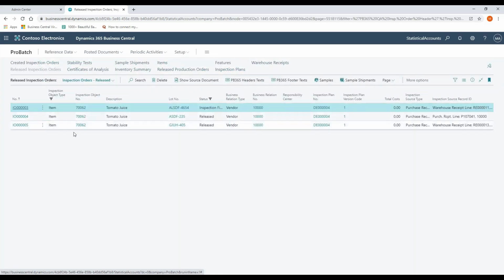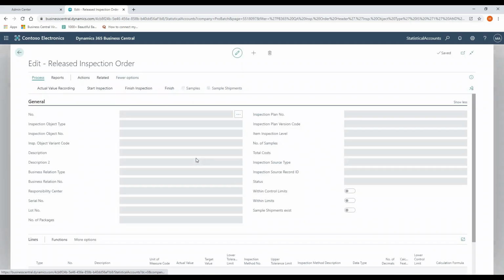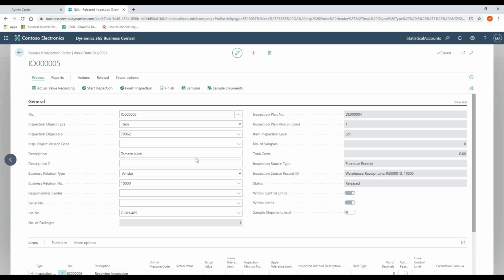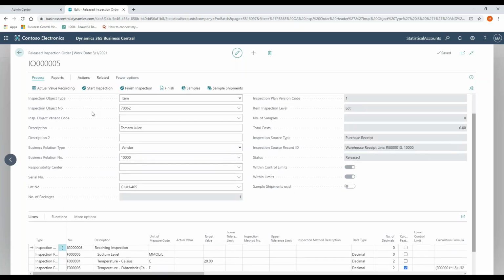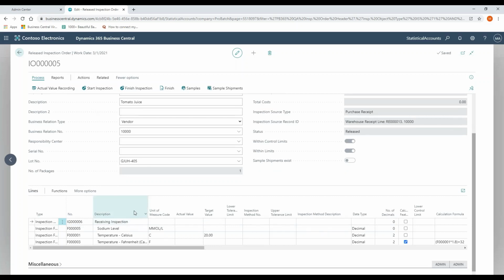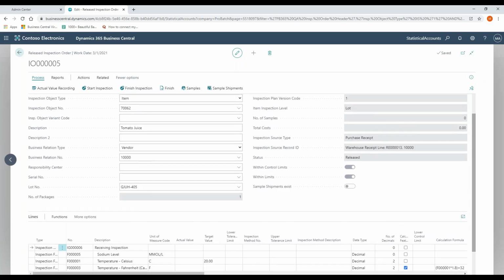And what I want to do is look at this particular inspection order. So an inspection order can automatically be created based on where in the process I wanted to capture feature information or perform a particular inspection. So what I did on this one is, when I had, I think it's a receiving information, this released inspection order is created at the time of receiving. And it's going to prompt then for data to be entered. And what you'll notice is that the inspection source record was receiving